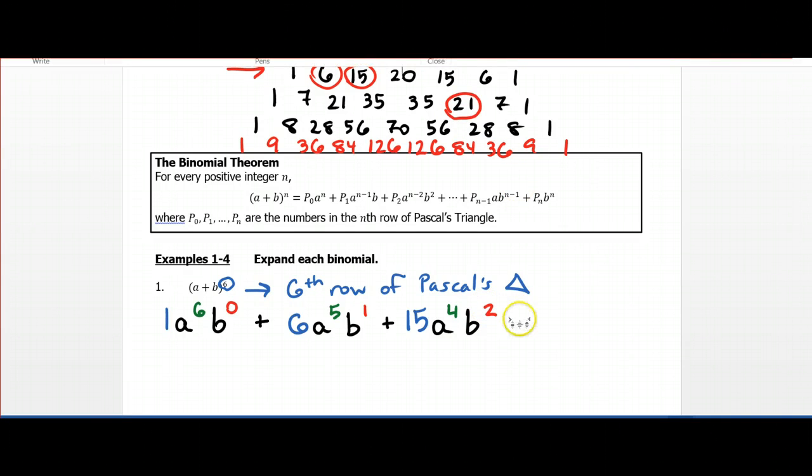Okay, and so this pattern is going to keep going on and on until we finish the terms in our binomial expansion. I'm on the 4th term now, so now I need to use the 4th number in my row, which is a 20. So this will be 20 a to the 3rd power, b to the 3rd power,